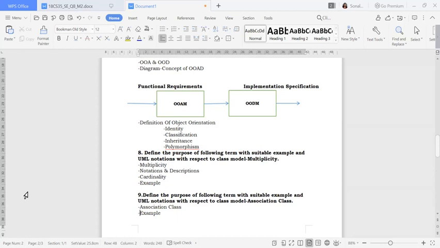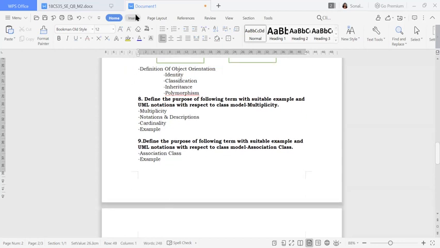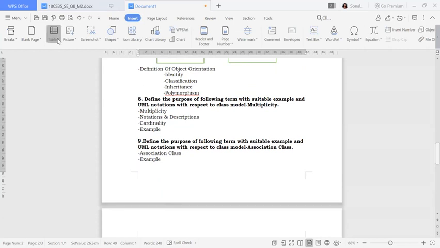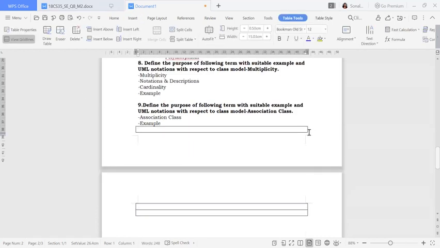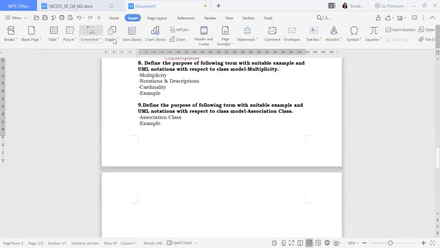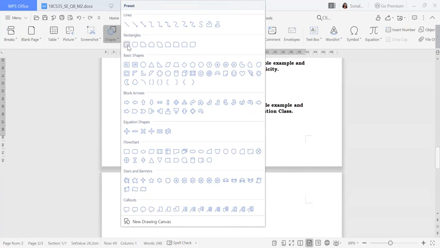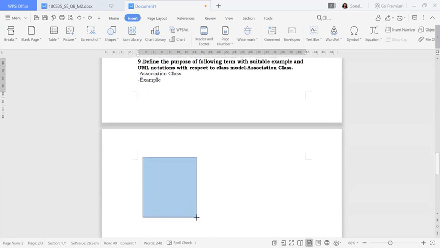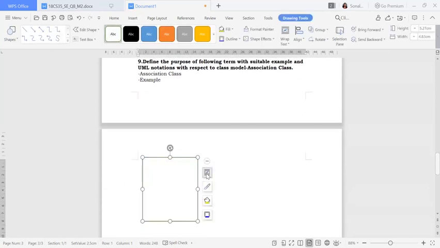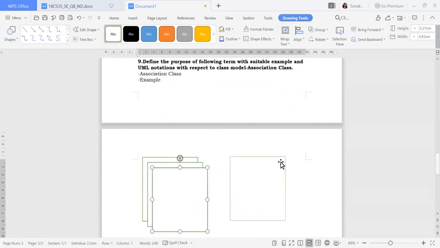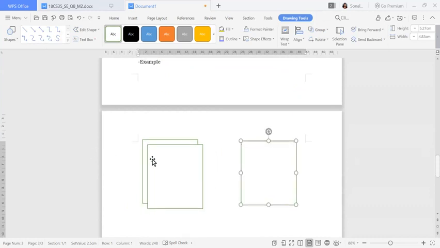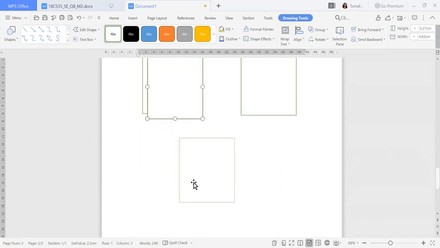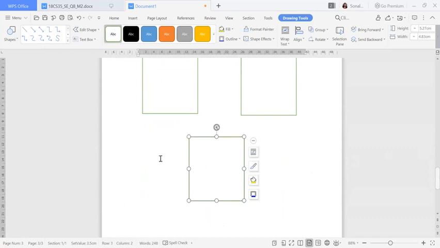Suppose you want to write the association class for student and course, then I'll do over here. It may go to the next page also. I'll take the box, that is better. What I'm going to do is, I'll take one student, and I will place one course over here, and one more, I'm going to place one enrollment or something like that over here.